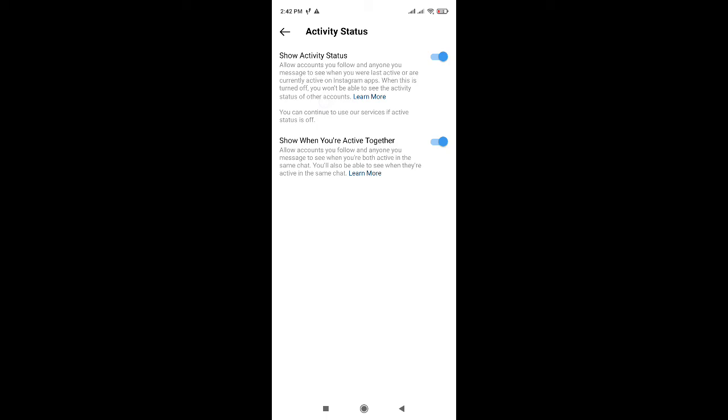Just turn off this option using this slider, or turn it on if you need it back using this slider. We can turn off or turn on